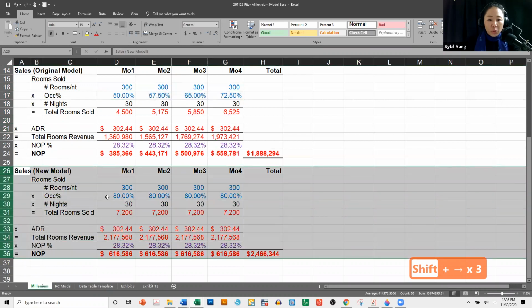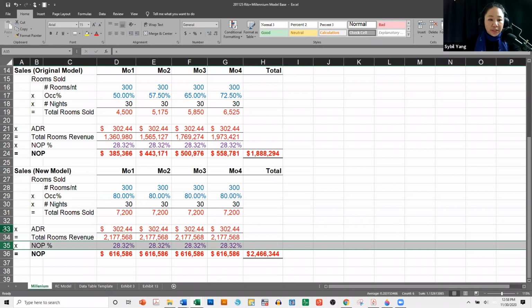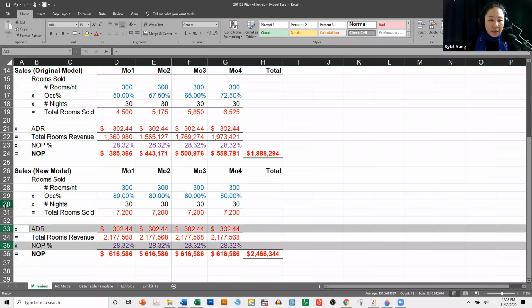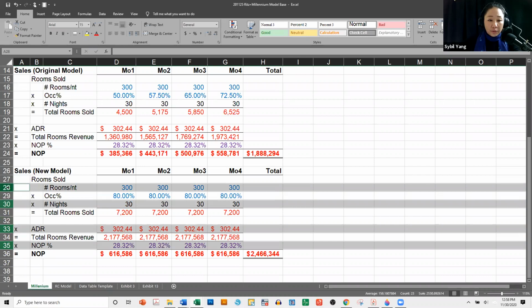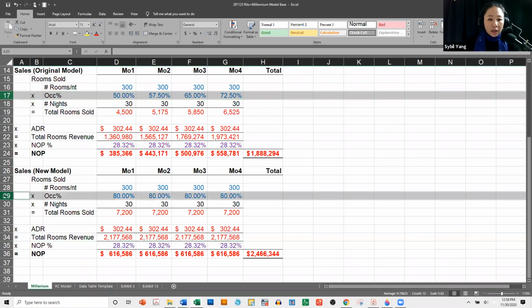Here, no occupancy ramp up. We just go straight to 80% occupancy. Everything else is exactly the same, right? The net operating profit percentage is the same. ADR is the same, right? Number of nights, number of rooms available per night. It's all the same. The only thing that's different between the two is the occupancy percentage in the two models,